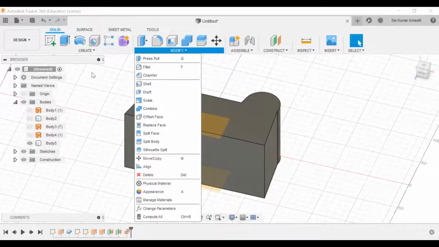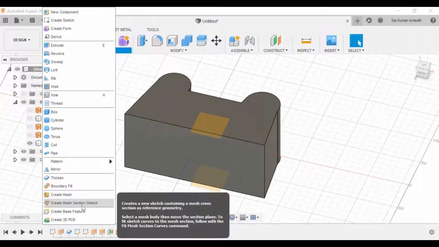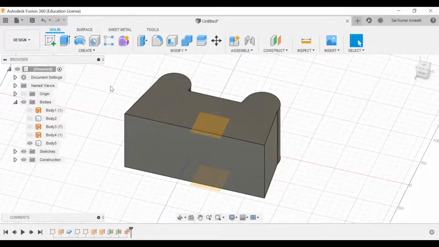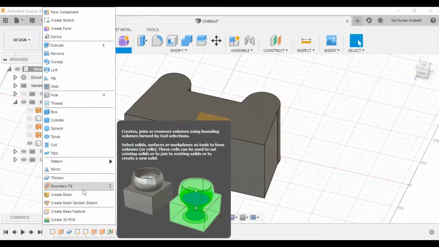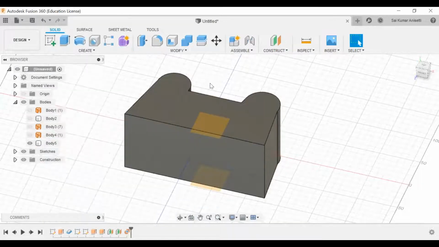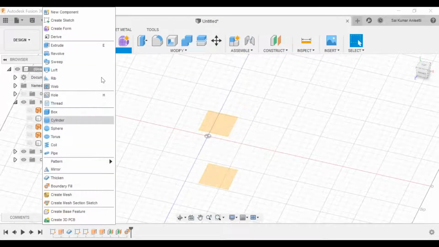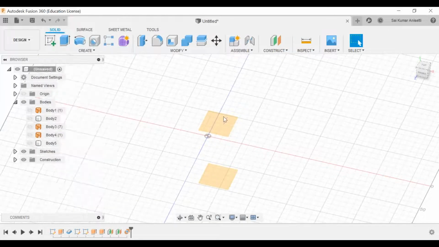For time being I'll skip create mesh and create mesh section, because they are surface modeling tools. Starting from extrude to boundary fill, they are related to solid modeling tools. And this is the basics of create. So I hope I have gone through everything, and create PCB design and all those are electronics related options.